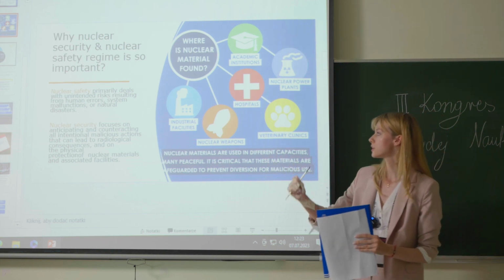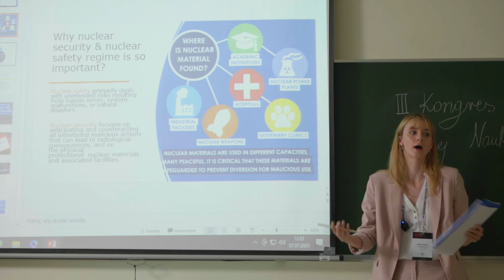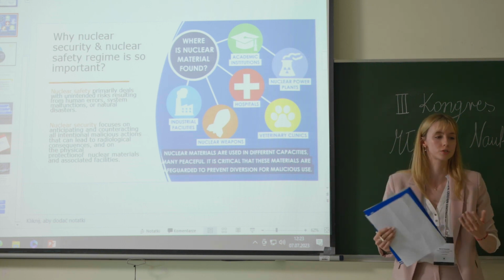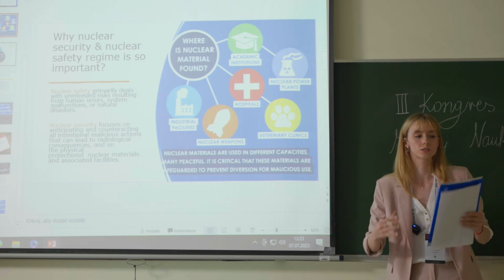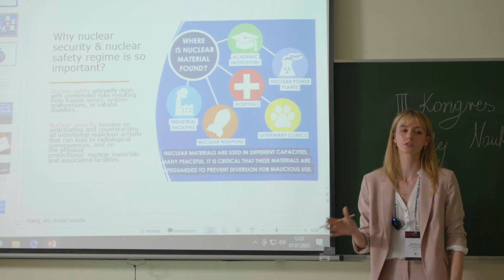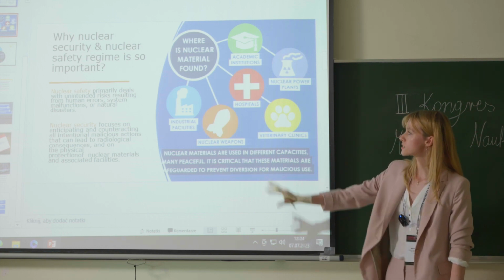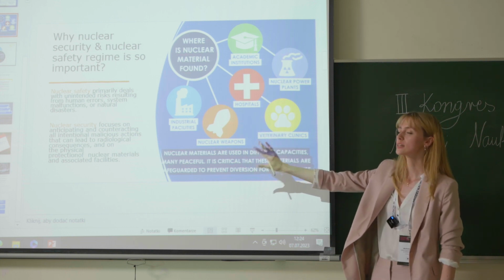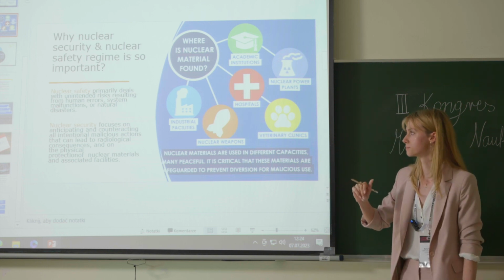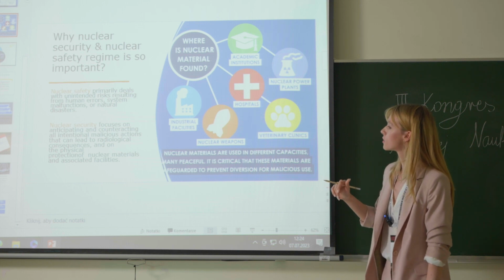And nuclear security focuses more on intended malicious actions. For example, if we do have terrorists who want to come to some university or to a nuclear power plant and steal the nuclear materials and then use them in their malicious actions. So this is basically the physical integrity of the nuclear facilities. This distinction, currently in Ukraine, is somewhat blurred, obviously, because, well, you can judge. So now, next slide, please.